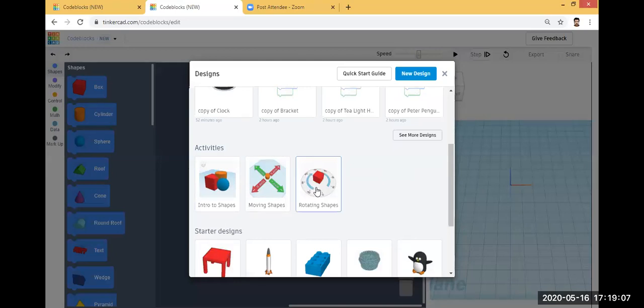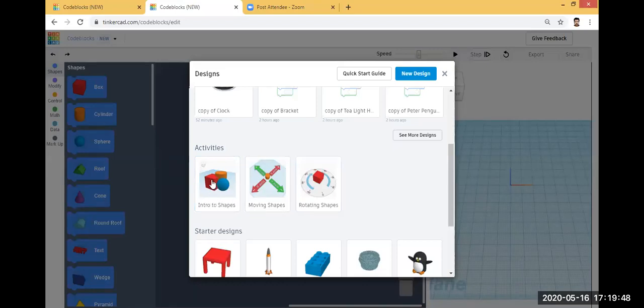If you want to study the different steps involved, how to add blocks, how to edit, how to enter variables, how to add variables, go to the activities tab. Then you can see there are step by step tutorials available. When you complete one step, you can see the next step. Click the next step, and you can do another activity. After completing that activity, you can click the next button. In that way you can study these code blocks without anyone else's help. So that is in the activities tab.